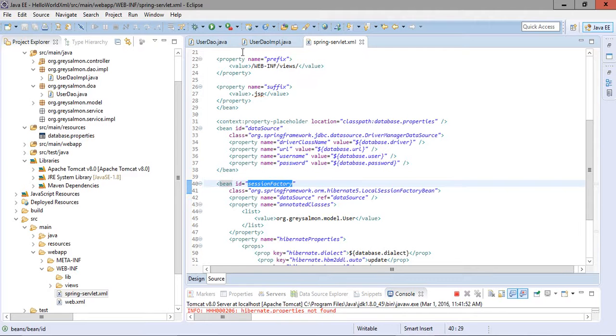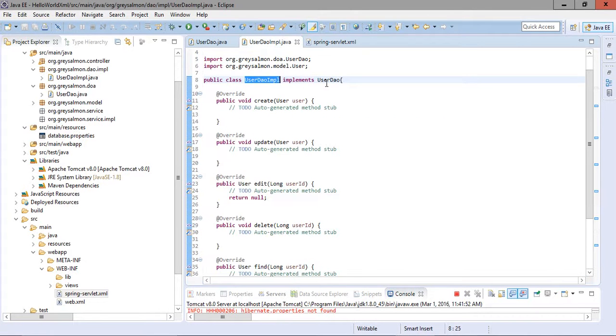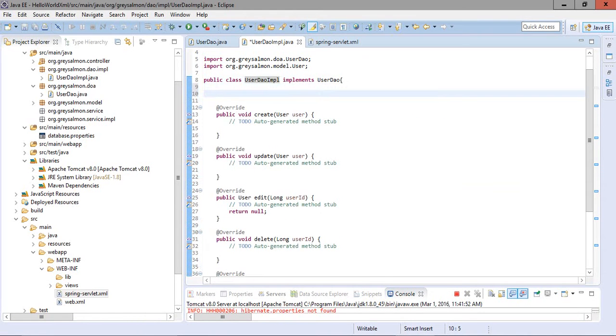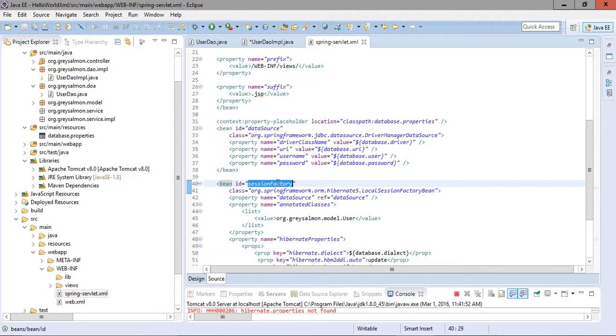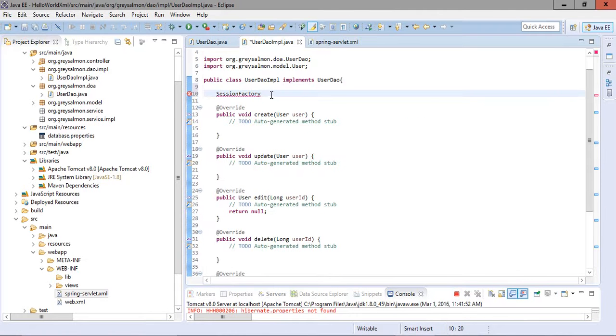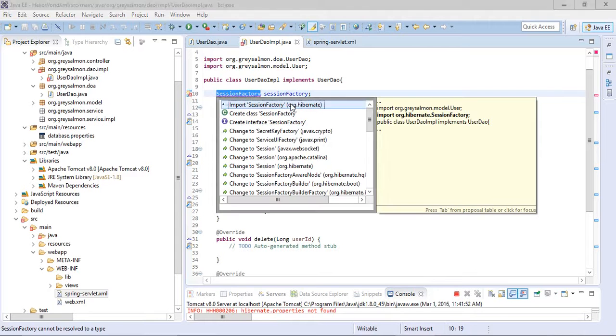Now we only have to get the reference of this session factory here in our class, and the name of the session factory should be the same as that of this bean ID. I have to import this class SessionFactory from the Hibernate package, org.hibernate.